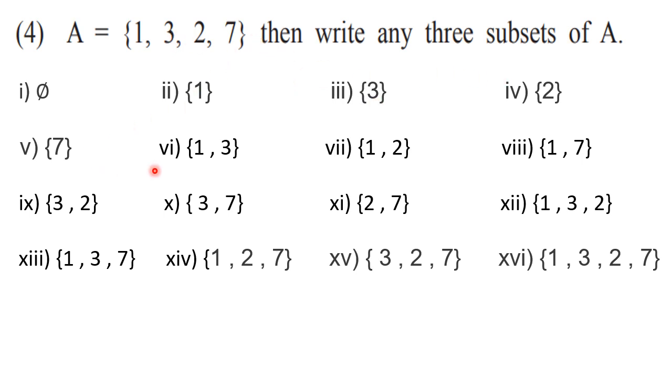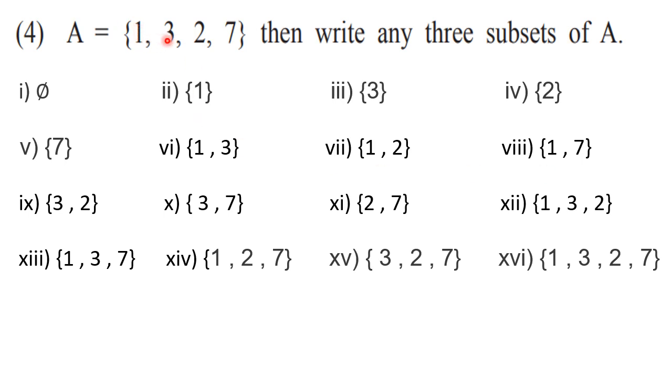Then we wrote all the sets with 2 elements. So how to write? See here. First is 1 and 3 written. Then 1 and 2 go this way. So the second one is written here with 2 elements. Then 1 and 7 is written. Okay, so now 1 is over.